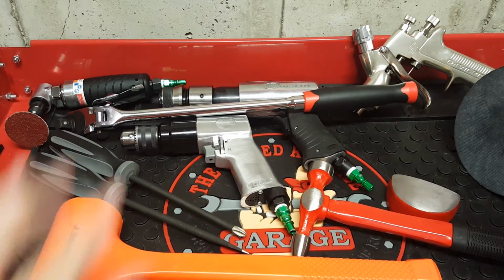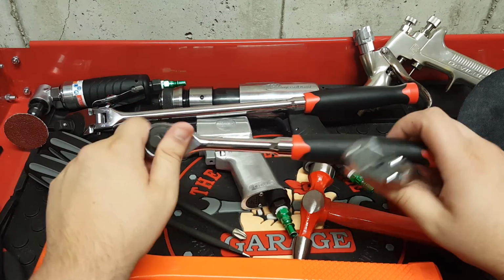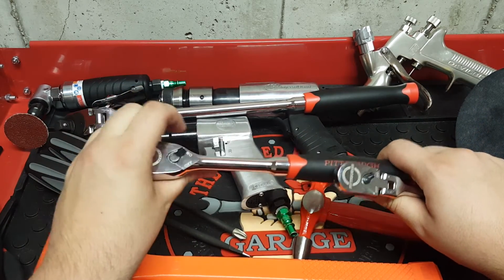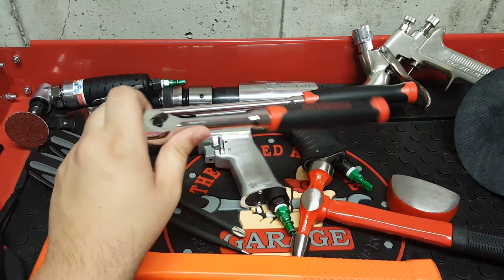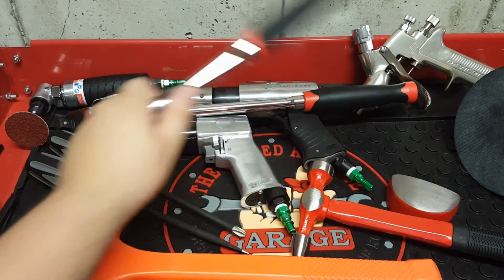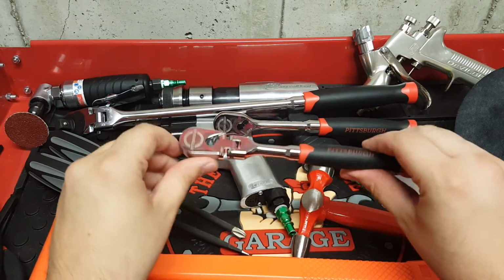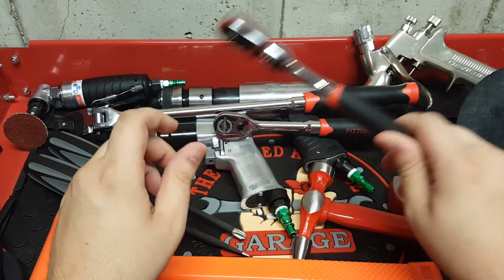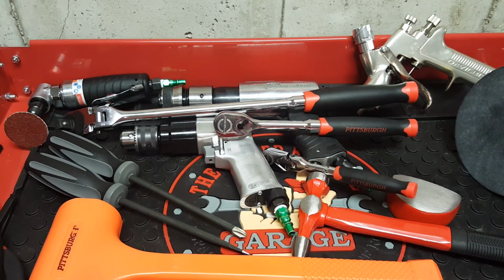For 3/8, another Harbor Freight. It's just a regular one. I also have the regular flex headed one and the long reach flex head one. So any of them will work perfect. And I also recommend for 1/4-inch, obviously the 1/4-inch flex head one. Also have the regular one, and